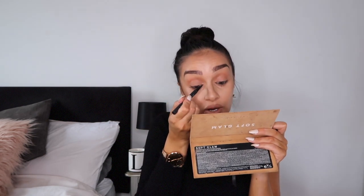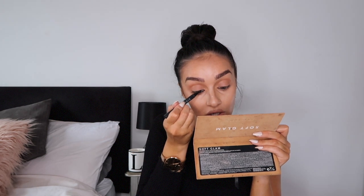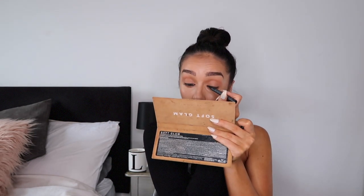And then I'm also just going to take my Sigma liquid pen eyeliner just to do a small eyeliner line on the top. I always wear lashes on a day-to-day basis, and I just feel like to blend the lashes with your lash line, you just need to put a little sliver of eyeliner. So that's all I do. I don't do anything overly complex. Sometimes I'll add a wing if I feel it, but more than likely not. It's really easy to use actually. I got sent this by Sigma a little while ago now,